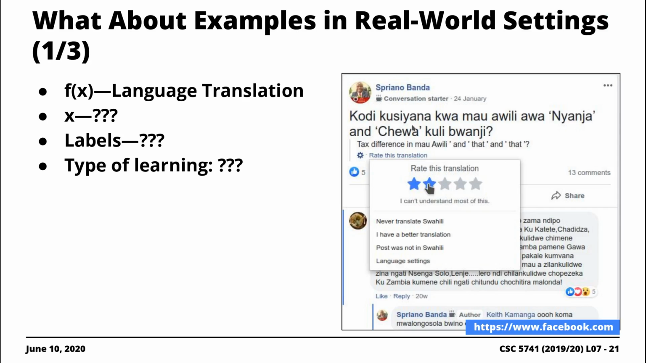Now, if you're like me, you probably have friends on Facebook that will sometimes post in a language other than English, right? In which case, Facebook will automatically attempt to translate that piece of text into English, obviously. It's kind of interesting, really. I don't know how many of you understand Chewa here, but this piece of text here,